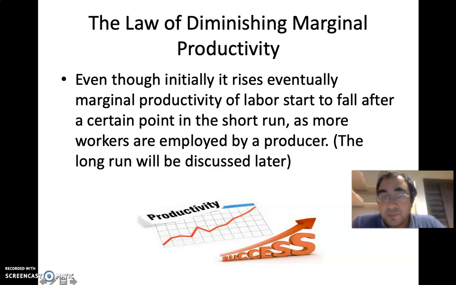So initially, because of this more efficient use of the machinery and the infrastructure, and the potential for division of labor and cooperation between the workers,